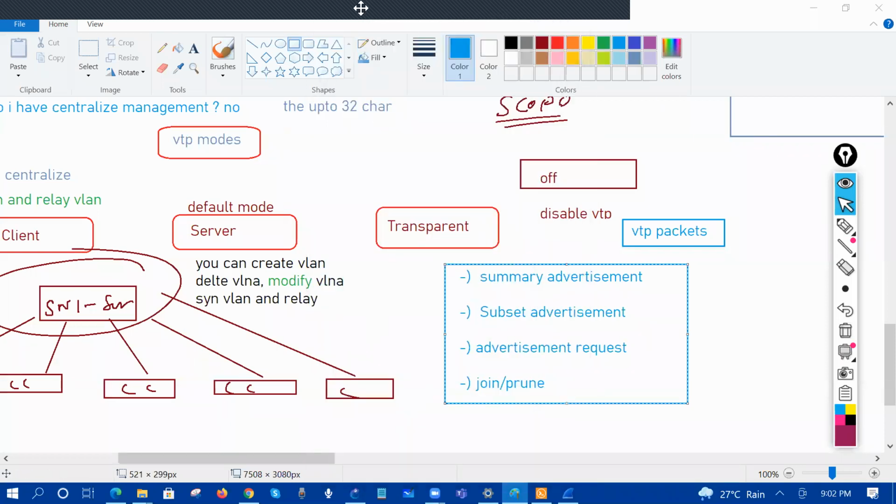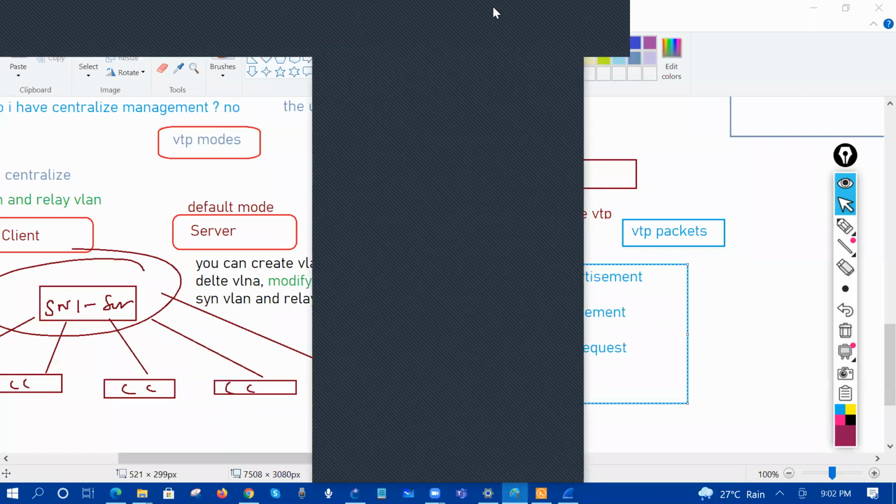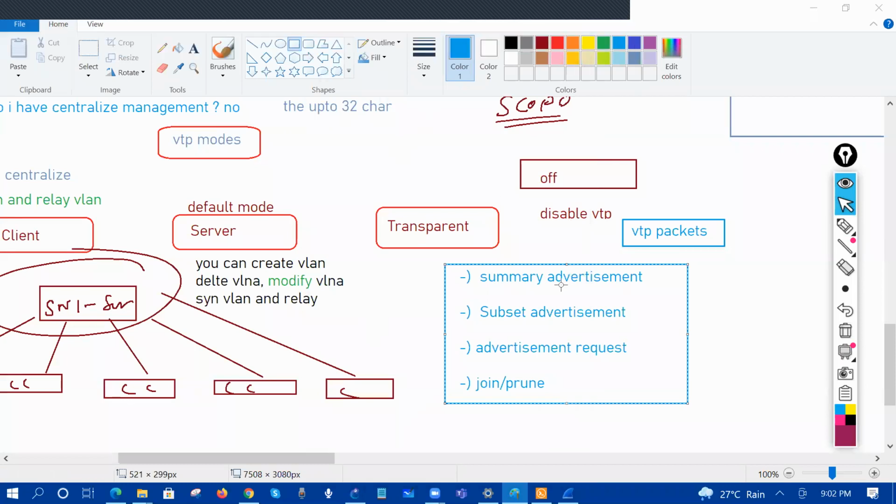All good. So guys, tomorrow we'll discuss this part and the transparent mode as well. Tomorrow we have to do VTP pruning as well. One thing that I want to share with you